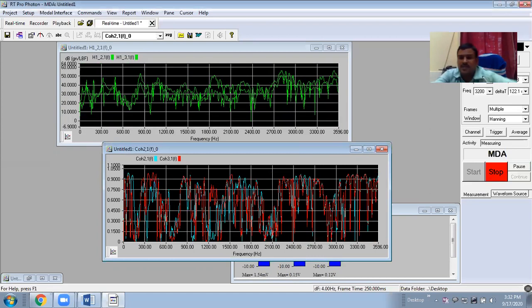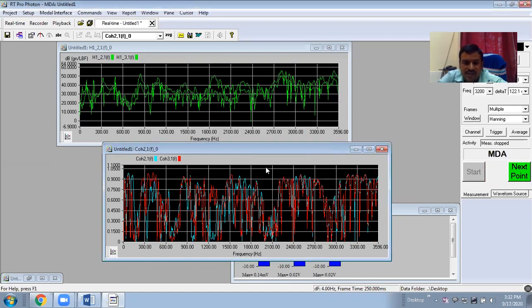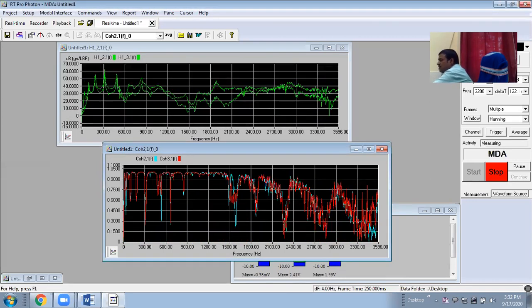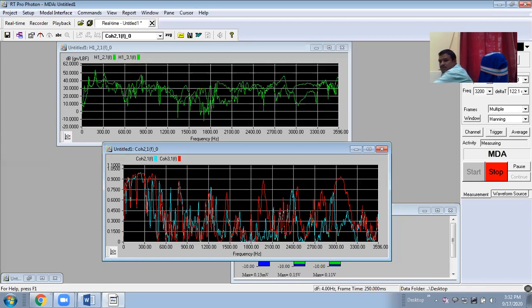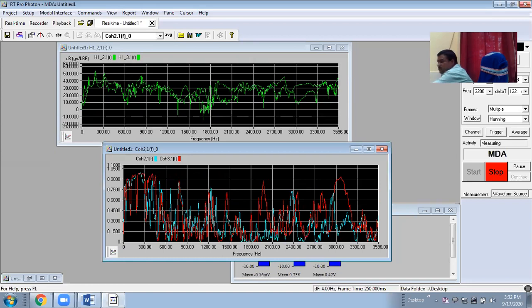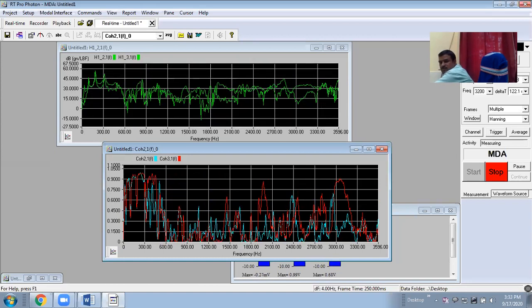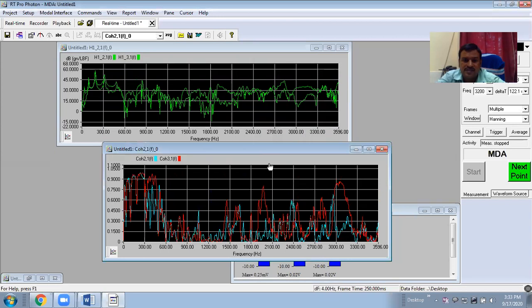These are varying, but these are being automatically saved. Okay. Now next point I'm taking. These are saved.